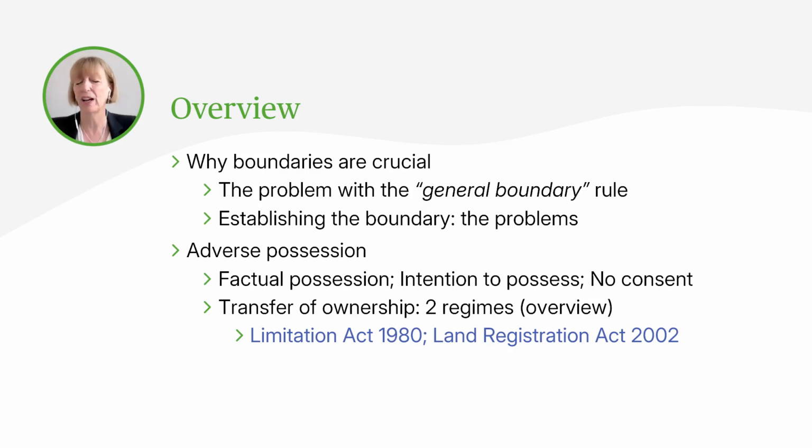We're going to deal with that quite quickly, but it's really a reminder of how difficult it is in English law to establish exactly where the boundary line between two adjacent commercial or residential properties actually is, and why there is this risk, therefore, that A's land can be used by B, and B will then have rights over that land, and that may include having title to that land.